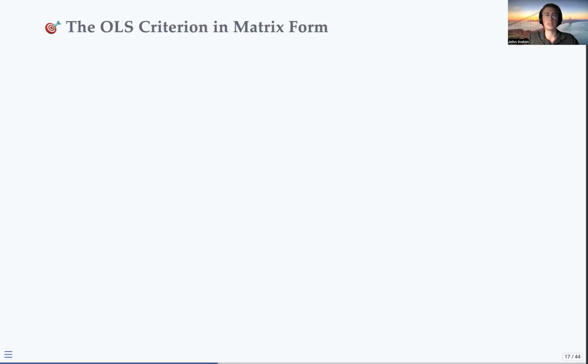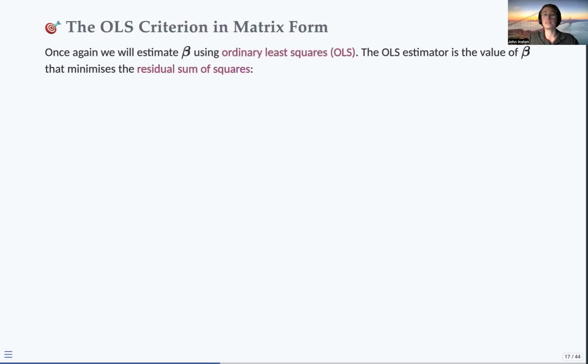Let's have a look at OLS estimation in matrix form. I'll move myself out of the way again. Let me just double check I'm recording. I am recording, cool. So the OLS criterion in matrix form,